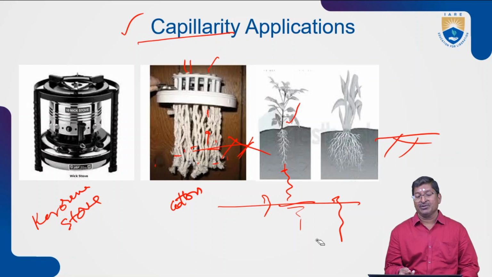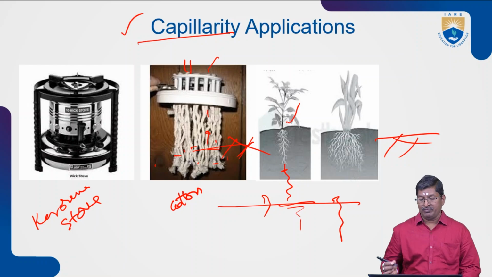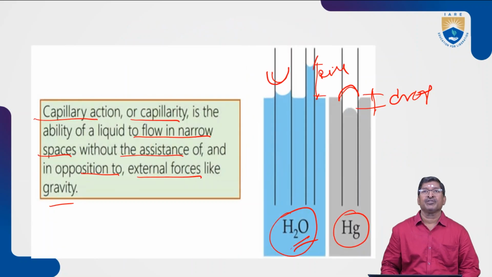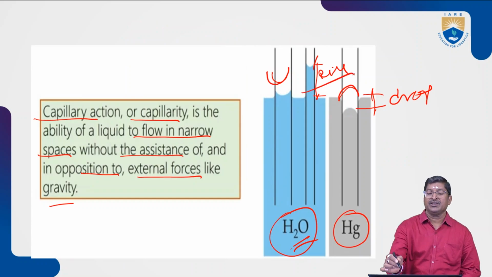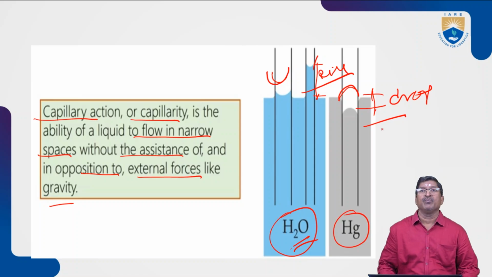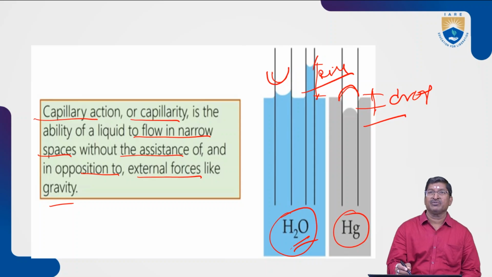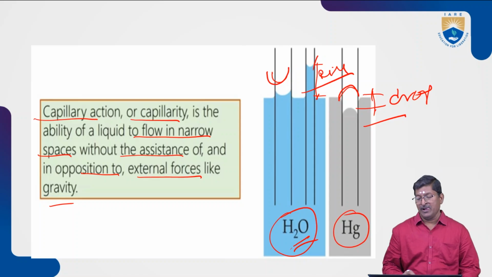Similarly, the water inside the ground will travel upwards because of capillarity, so that it reaches the roots of a plant or tree and it will survive. These are the practical applications. And here there will be a rise or a drop depending upon the property of the liquid. If there is more adhesion, there will be a rise. If there is more cohesion, there will be a drop. An example for the drop is mercury. If you keep mercury in a small tube, the surface will drop, whereas if you keep the same small tube in water, the surface will rise inside the smaller tube.